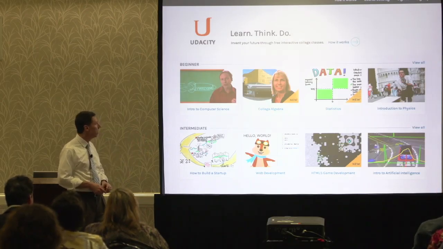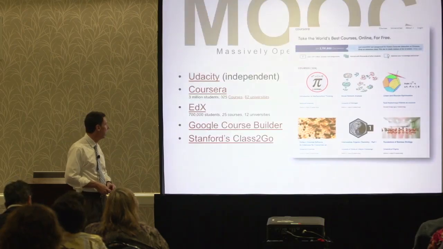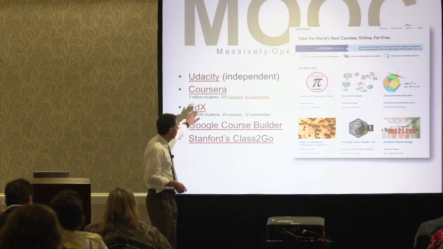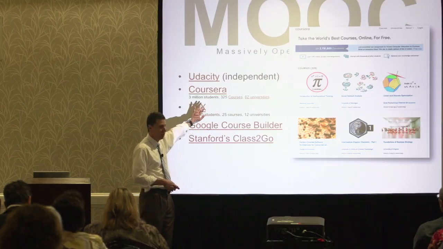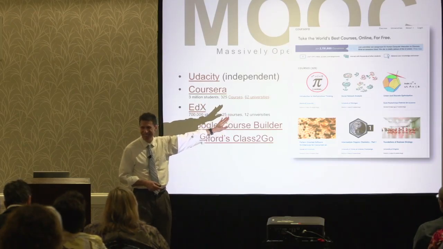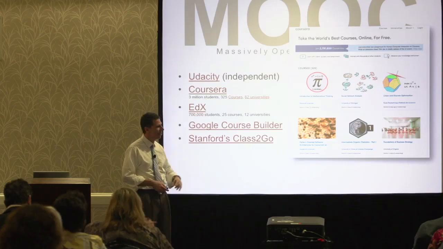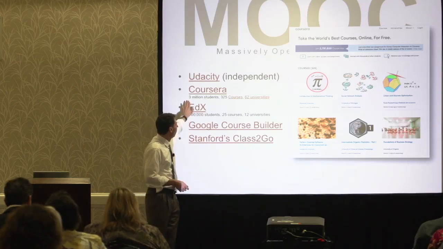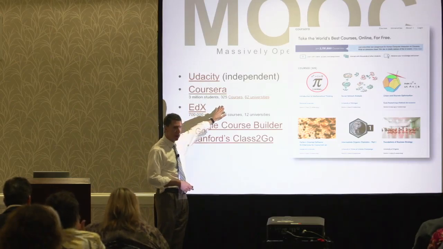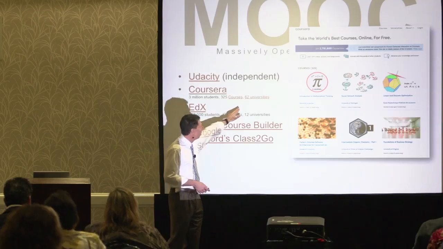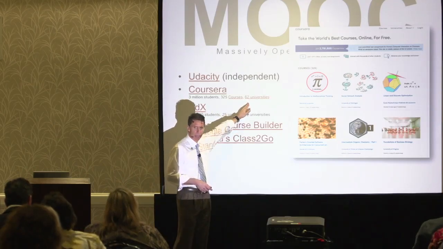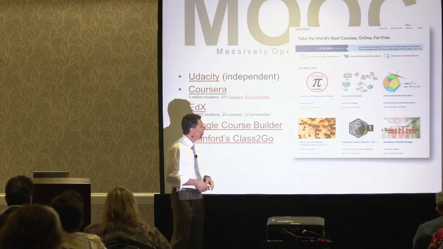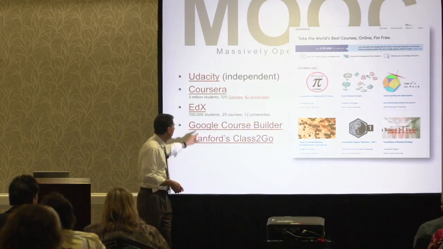In the meantime, another company jumped on this idea, and this is Coursera. Now, I actually spoke to the people at Coursera to verify that I'm saying the name right. Coursera, not Coursera. 3 million students, 325 courses offered by 62 universities. This number just doubled last week. Just doubled last week.